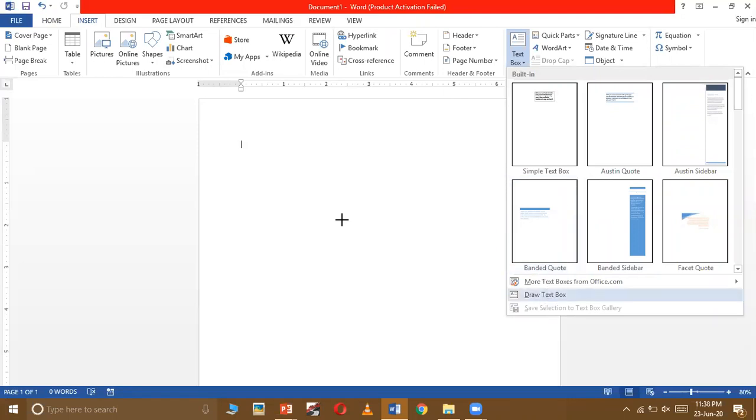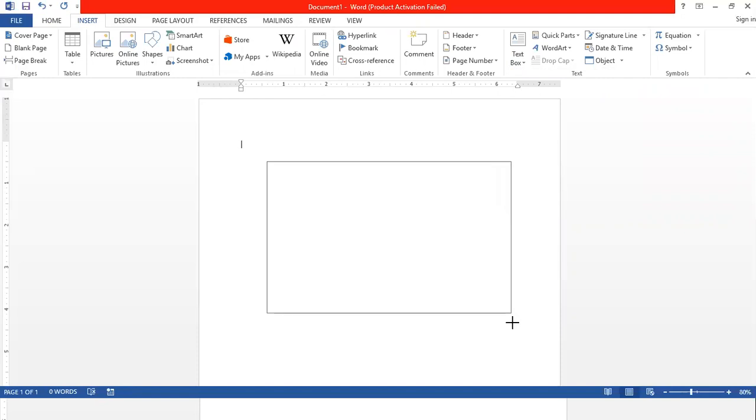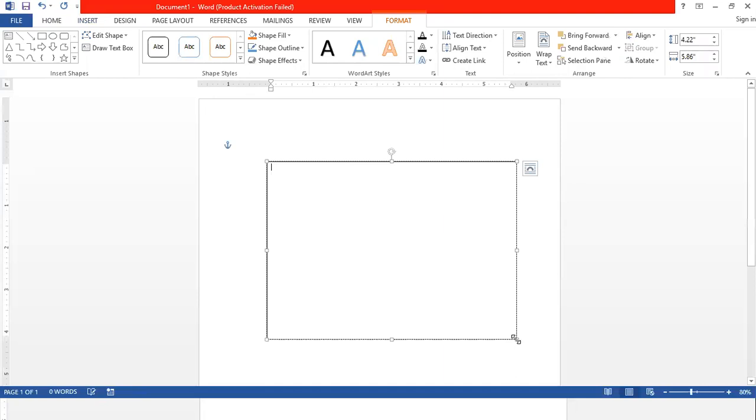So click on that. Now you can see your mouse pointer has converted into a plus symbol. When it changes into a plus symbol, just left click your mouse button and drag the mouse pointer without leaving the left mouse button, and as big a text box as you want, drag the mouse pointer that much and the text box will be created. Once the text box is drawn, just leave the left mouse button and the text box will be inserted on your page. Now you can see that the typing cursor is already available inside the text box. Now you can start typing whatever you want, and that will be written inside that text box.